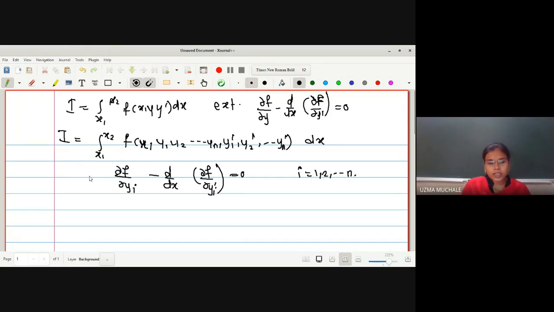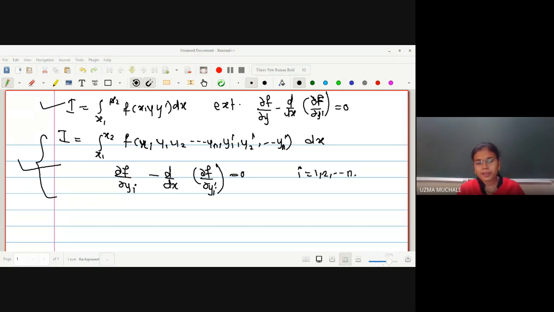So in this way we have seen these two, and many examples we have solved related to this one. Now we will go on to solve examples related to this Euler-Lagrange's equation. Instead of having a single dependent variable, we can have more than one. The number n may be 2, 3, 4, and so on. If n is equal to 1, it reduces to our first Euler-Lagrange's theorem. Okay. Is there any doubt up to today's lecture? If there is, you can ask.